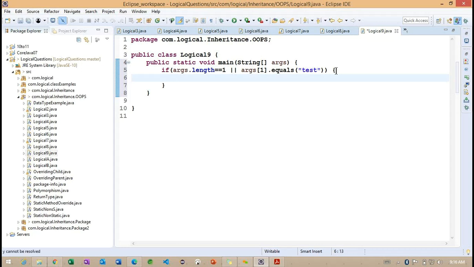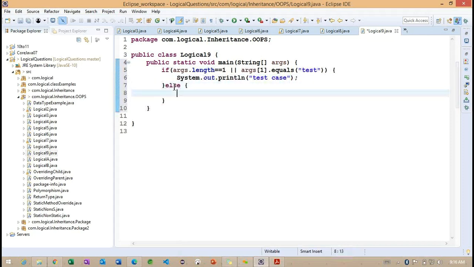Simply what I'm doing is I'm going to print some test case, and else block. Inside this particular else block, I want to check one more condition, something called production.